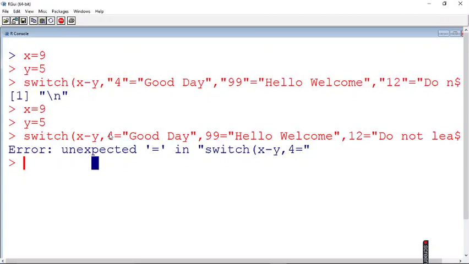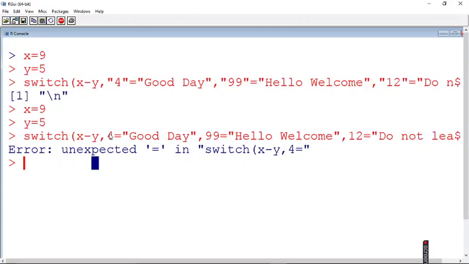Okay, fine. So these are the 3 methodologies or 3 cases by which you can use your switch statement in R programming. So the first one was just using the x value directly and checking for the value. Yes, fine. The other one is you can directly give the mathematical expression and check for the value. When you give a mathematical expression, you can't assign your own value. It will automatically by default take the value and compare and give you the output. The third methodology is when your first evaluation expression is going to give you an output in character. In that case, you can assign a value and you can try executing it and you can match it and get the answer. Okay, fine.